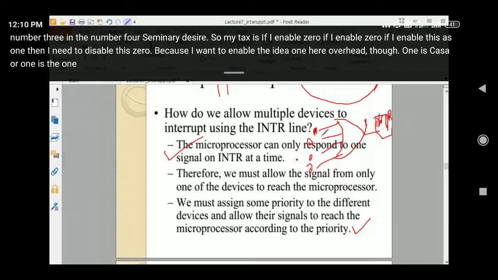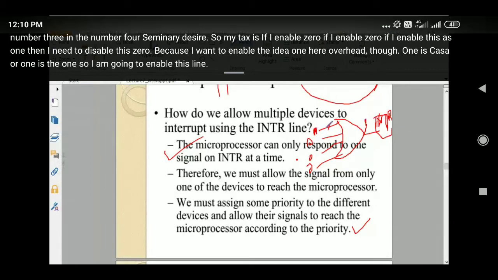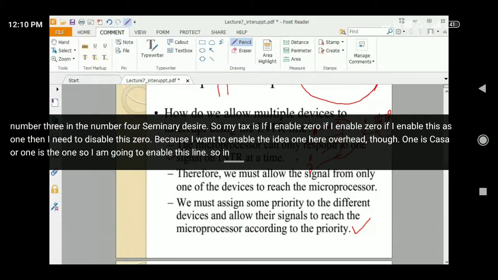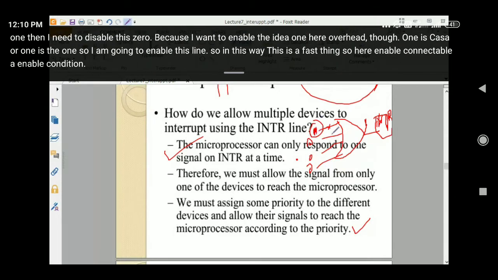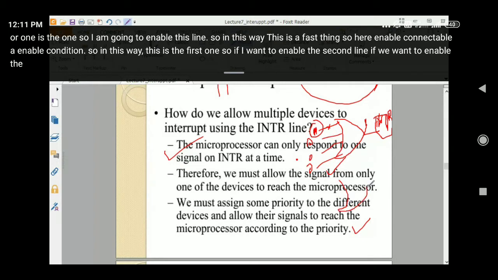So I am going to enable this line. So ये enable करने के बाद, बाकी सब disable करना है. So in this way, this is the first one. So if I want to enable the second line, then I need to disable the 0 and I need to enable 1.